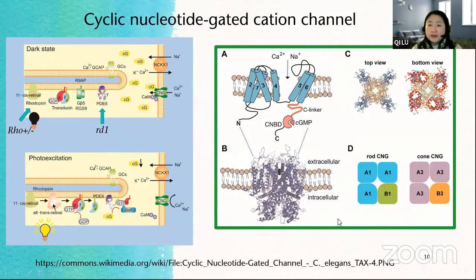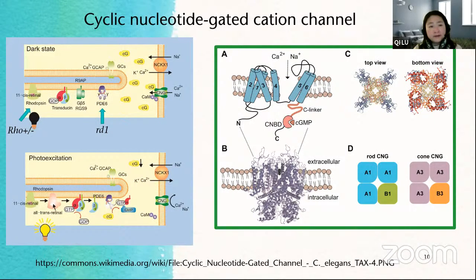The two different compositions of the CNG channel in rod photoreceptors compared to cone photoreceptors. The rod photoreceptor is A1B1 and the cone photoreceptor is A3B3. So in this study, they express cone CNGA3 in rod photoreceptors, but in the study, the sequence they're using is the